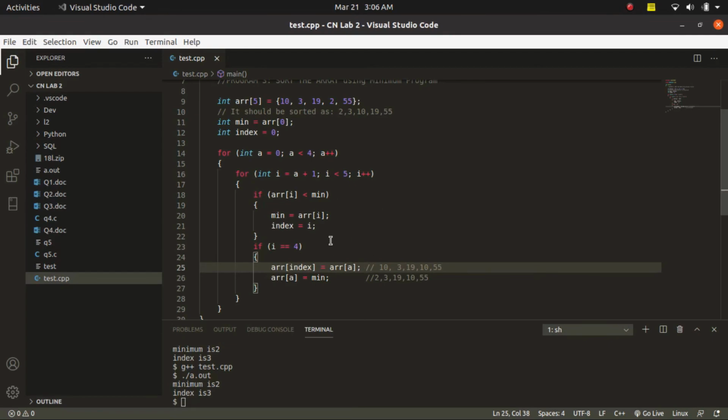But what about the second iteration? The thing is, after we have successfully completed an iteration, we want to change our minimum and index value as well. So for instance, in the first iteration we had assumed that 10 is the minimum, which was the first element.